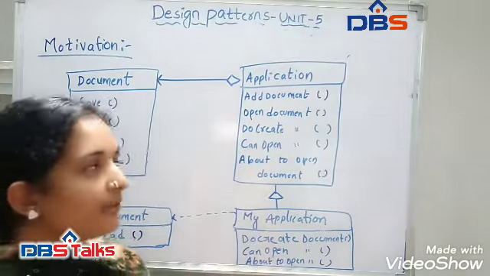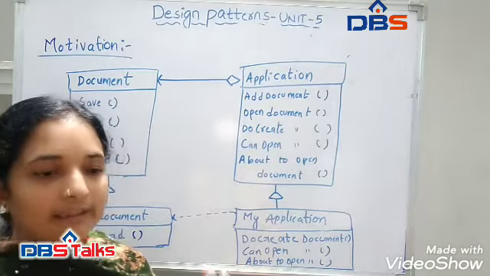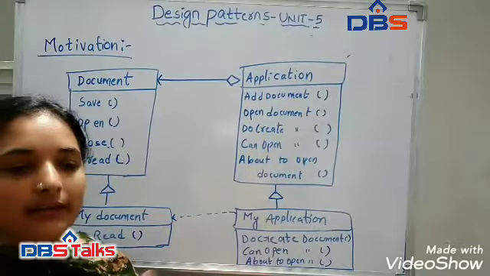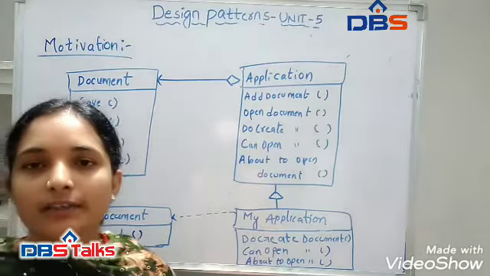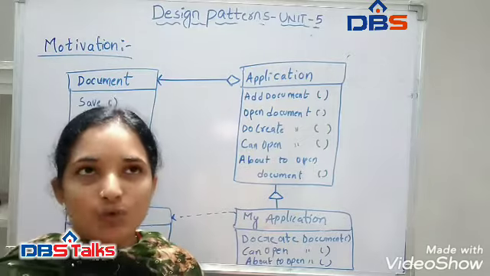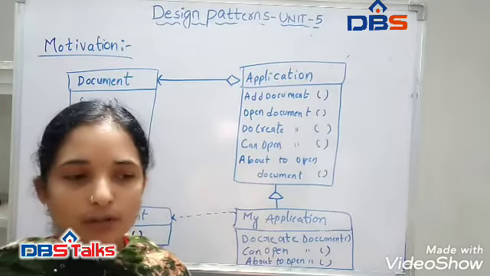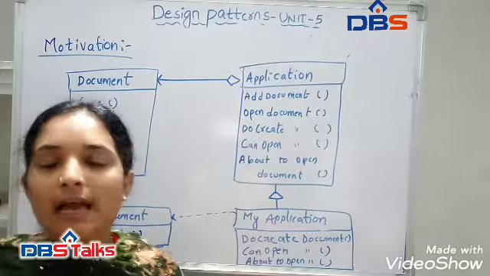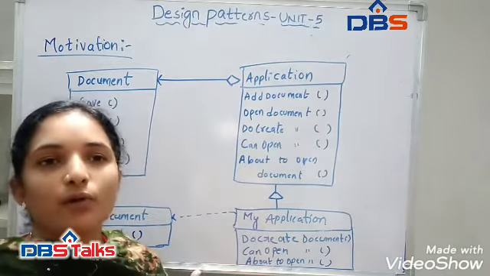The open document defines each step for opening the document. It also checks whether the document can be opened or not. So this is the working of this motivation in the template method. It means whatever sequence we have given, we have to follow that sequence. Whether you use a spreadsheet or a Word document, whatever you are using, you have to follow the same steps.